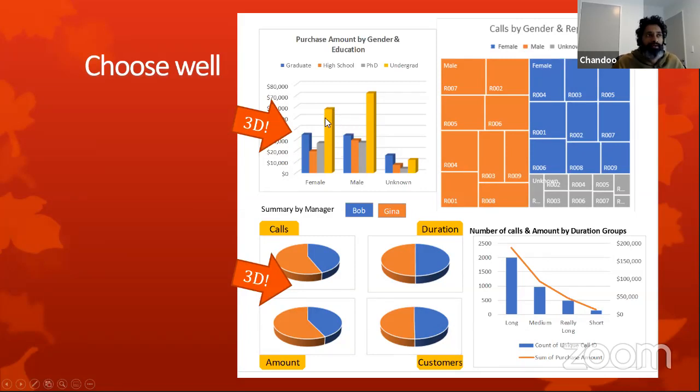So there is no point. We naturally just ignore it when we see it. So there is no reason why there should be 3D. It gets even worse when you use it with pie charts, because this also adds a concept of perspective, which makes it really tricky to understand blue versus orange things here, had there been no 3D. Okay, so that's three-dimensional, which is actually a poor choice.